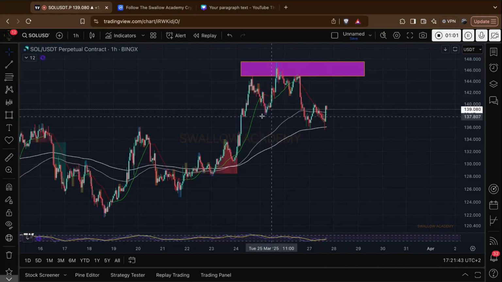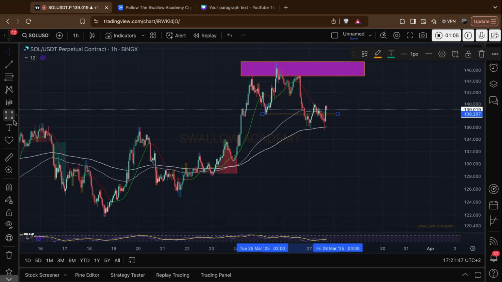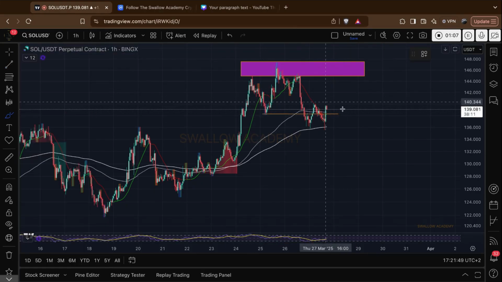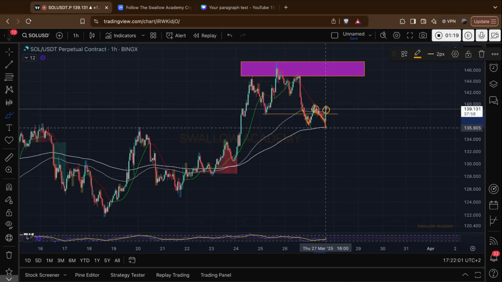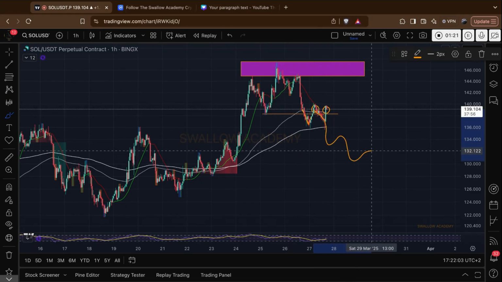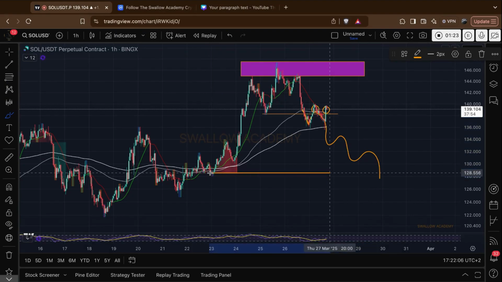And we see that we have formed a market structure break. So the market structure break is this point here. Now we are seeing some liquidity touches here, so liquidity grabs, and second one as well. And ideally, we should have seen from this zone a movement of something like this towards this bearish CME line,